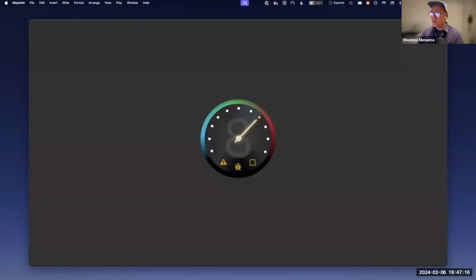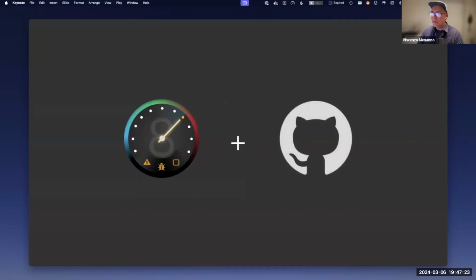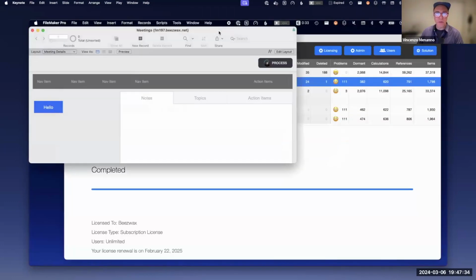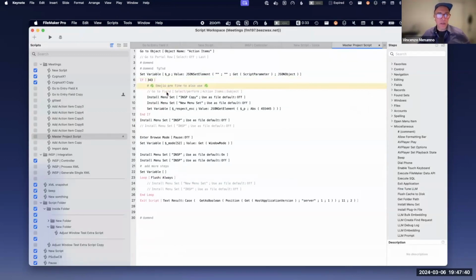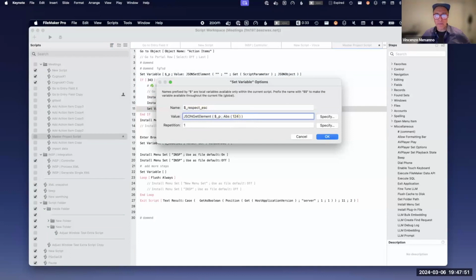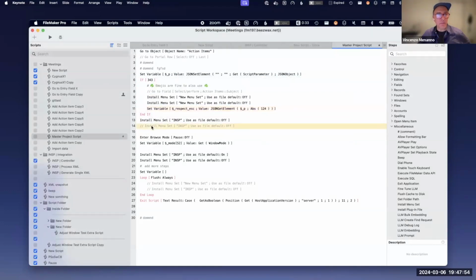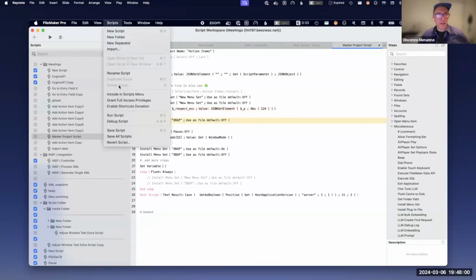Something truly amazing that we'll be able to do soon is new. I've started showing this because we got this up and running. We're able to connect Inspector to GitHub, or to Git. I don't know how many of you know Git, but it's a very incredible tool. For example, I have this script, and I'm going to add a script step that has a couple of emojis in it. I'm going to change this install menu and this calculation, and click OK. I'm going to save the script. Actually, delete that other step. I'm going to save this script, and then